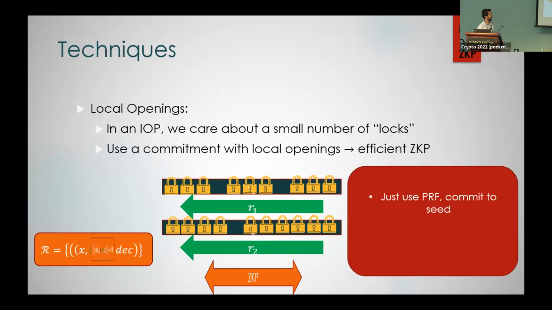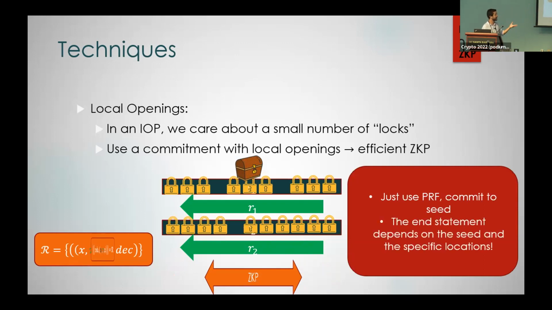So this is the second thing. The kind of commitment that we use is just a PRF. The prover at the beginning commits to a PRF seed, sends it in this box, and then uses the PRF with this seed to pseudo-randomly one-time pad its messages. And in the end, the statement only depends on the seed, on this little box that has been sent, and the specific locations. So this is the second improvement we make to the